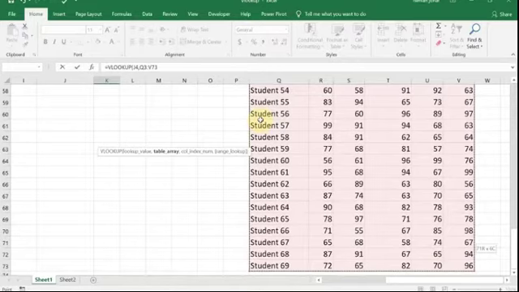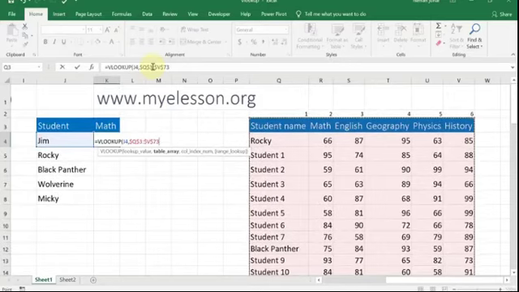All right. So I'm going to select it, and I'm going to press F4. So currently you see there are no dollar signs over here, but as soon as I press F4, there are dollar signs. So this will help me in copying the formula. So if I copy the formula, the same range would be used, comma. Now it says column index number, which means, okay, now I'll go to this range.